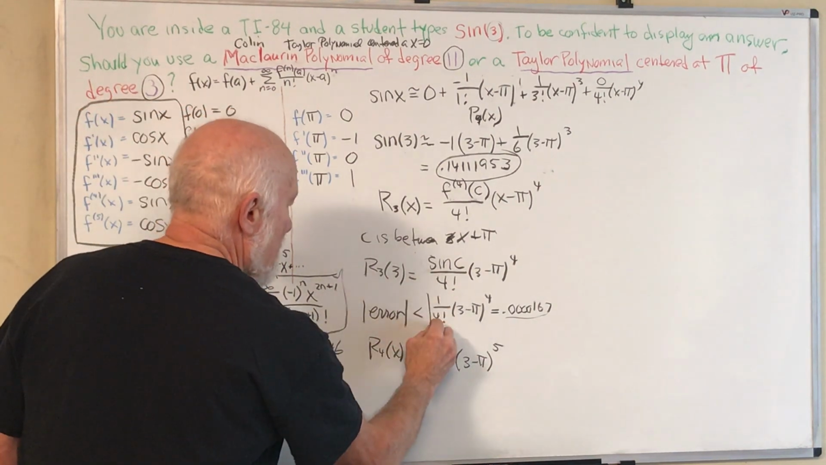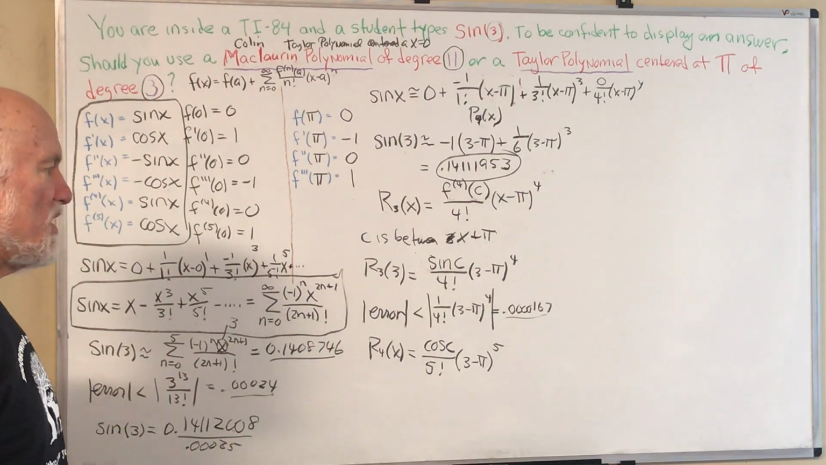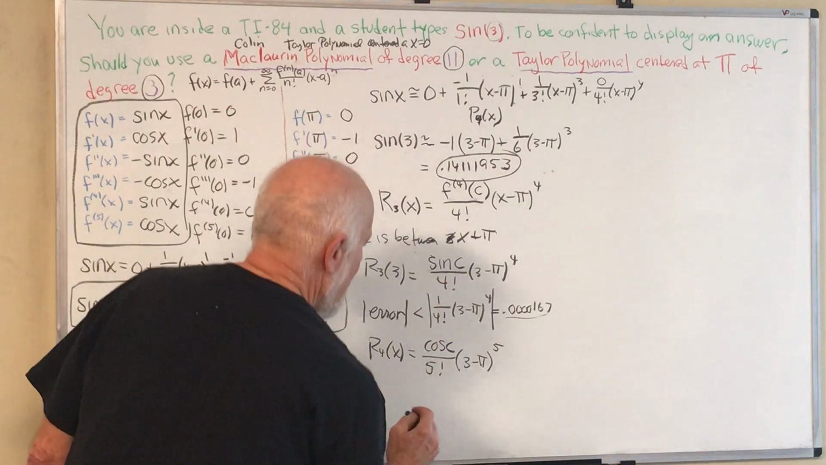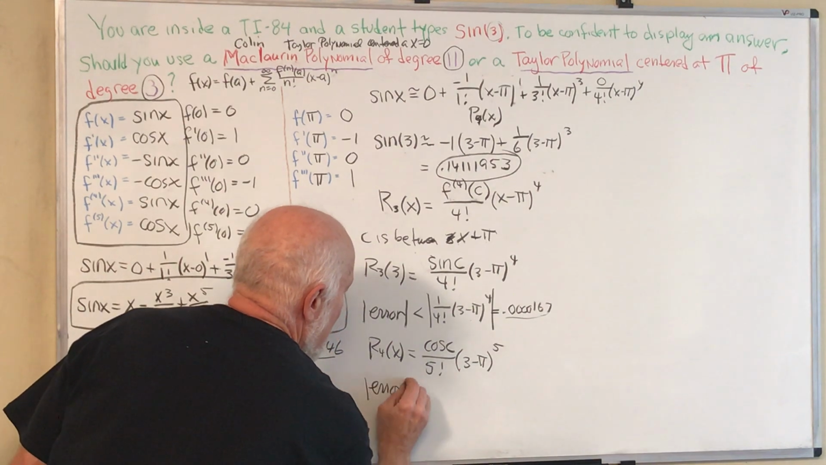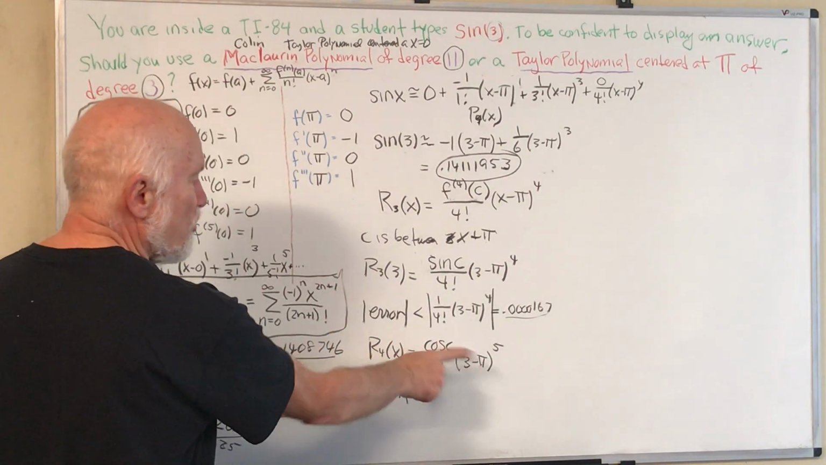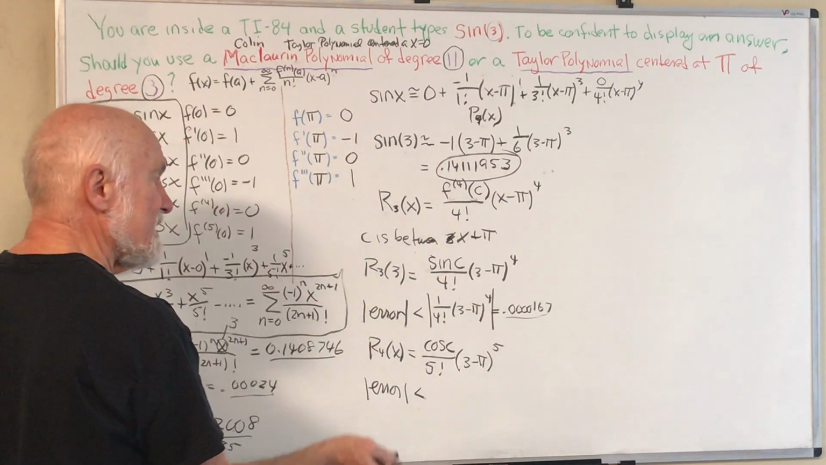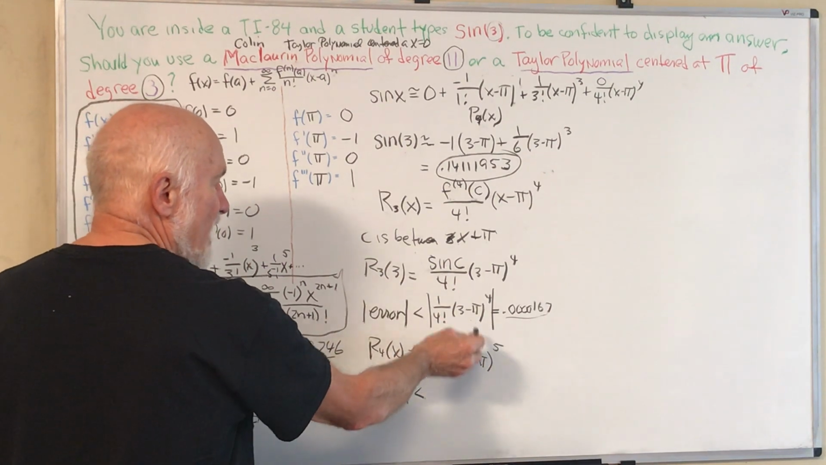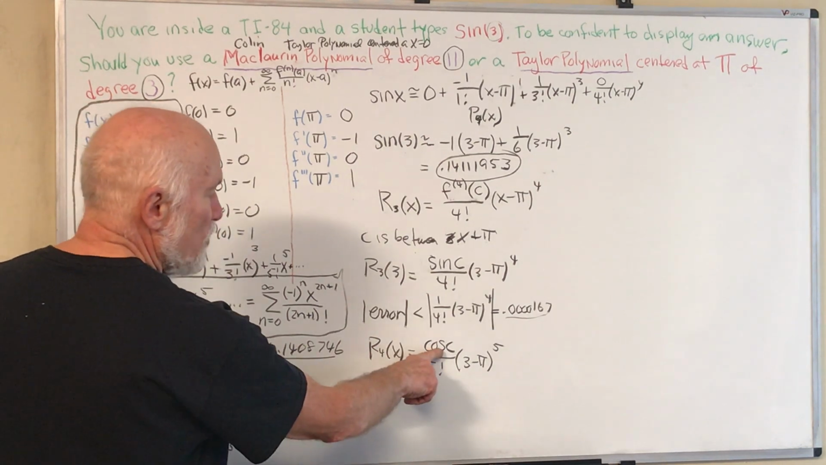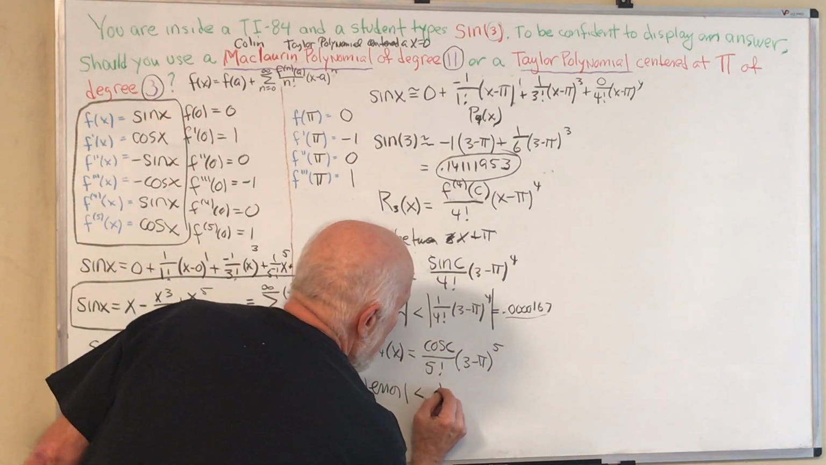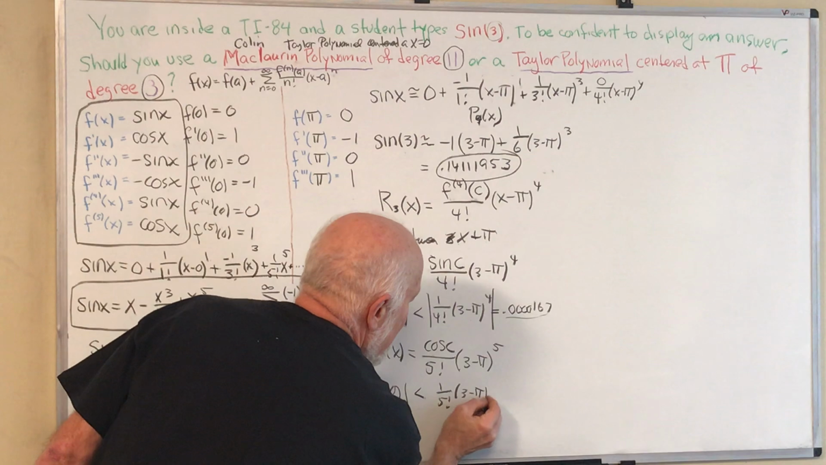And by the way, I probably should have put that in absolute value. When we're looking for errors, we're looking for the magnitude, so we don't really care whether it's positive or negative. So we can now say our error is less than, and the cosine of c is going to be the biggest at pi, because we still know that our c is between 3 and pi. So the highest magnitude of that would be 1. So we have 1 over 5 factorial times 3 minus pi to the 5th,